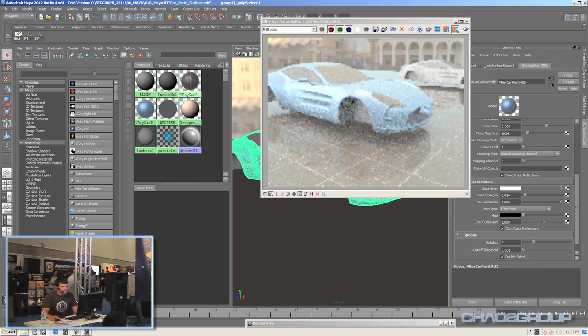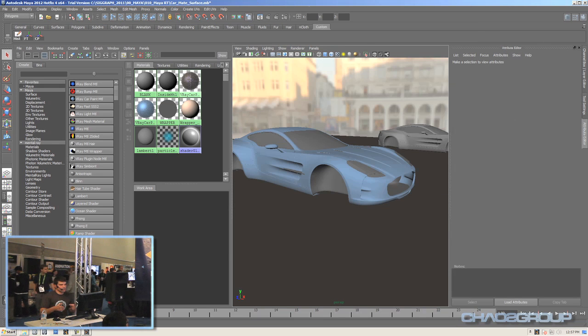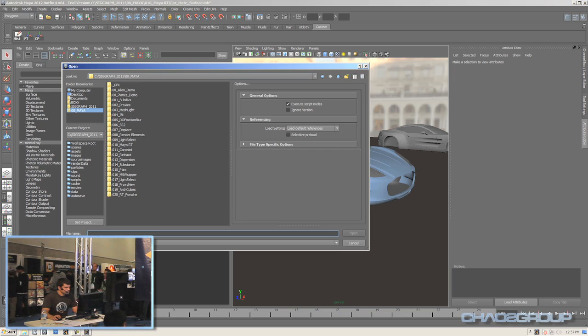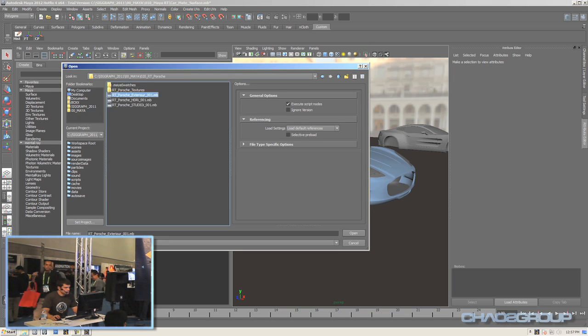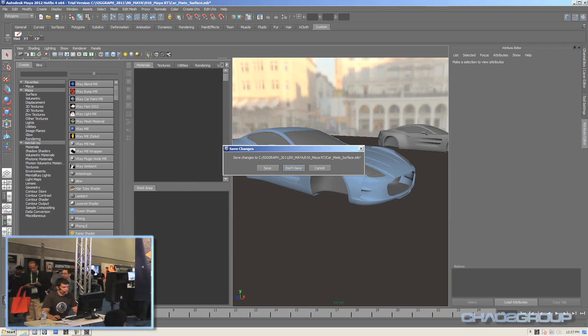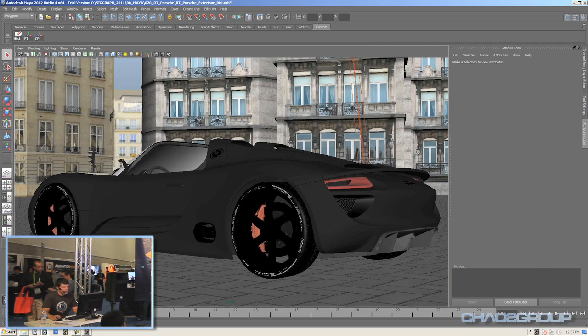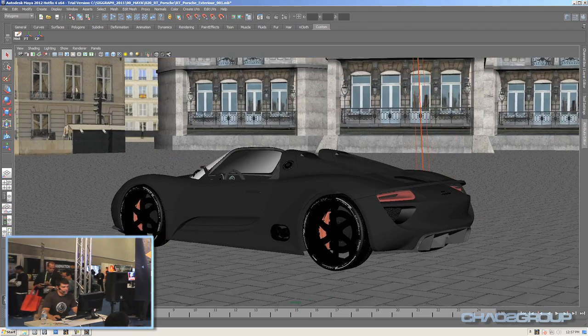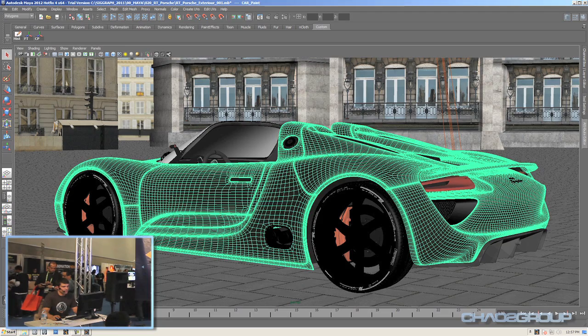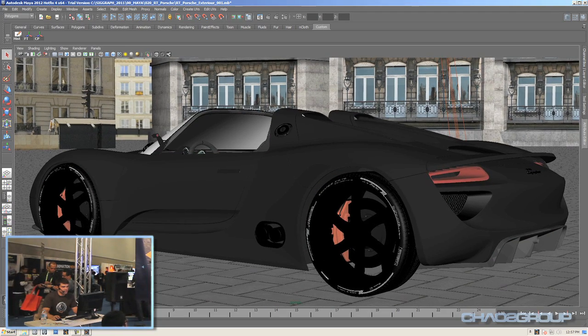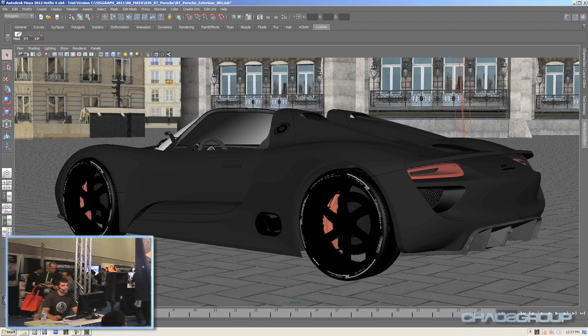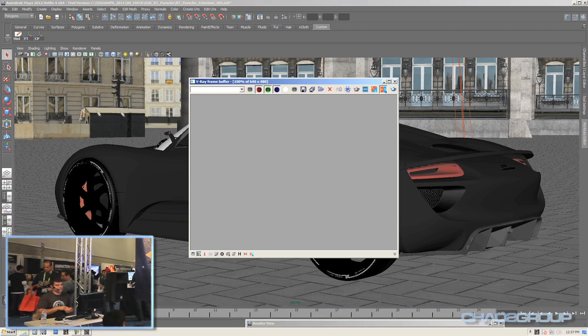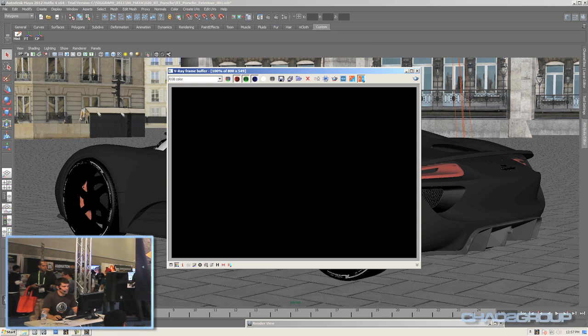Okay, and this was just a simple example, but right now let me open a production example scene, and you'll be able to see the performance of the RT. Okay, so here is my setup. I've created these simple models of buildings and this really nice model of a car. It has all the materials assigned to it, and it's ready for a final shot. So let me just fire up the RT and you'll see the performance. And keep in mind that I'm only using